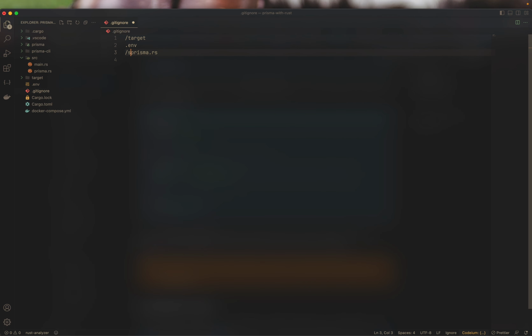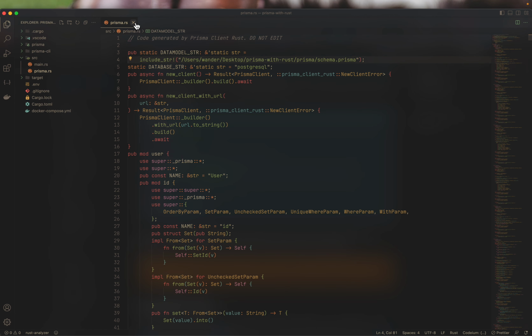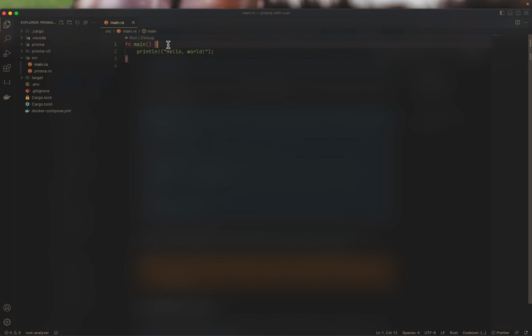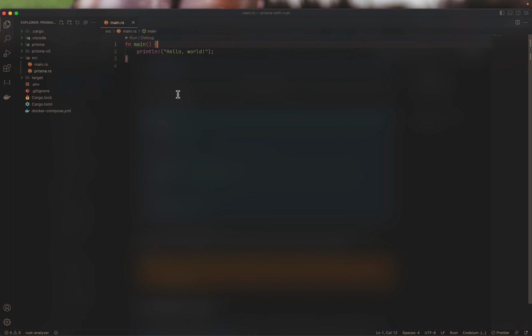it is currently in /source/prisma.rs. So cool. Now here we have our main function. Since, as you already know, each file within your Rust project is actually a module, you have to declare the module here. So you have mod prisma here, and then if you save, you should wait for a while, and then you can see that we have